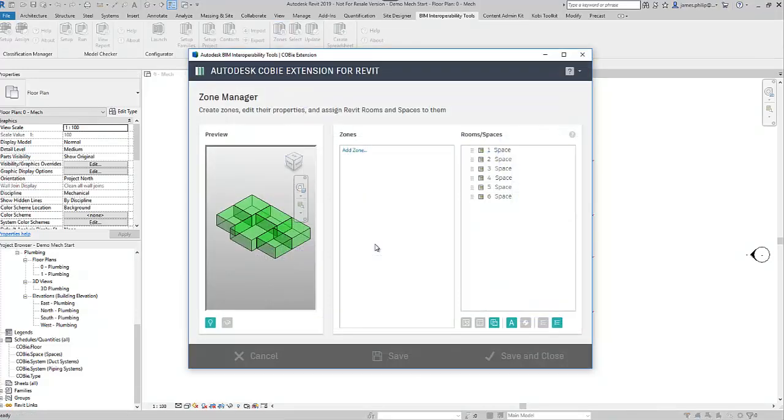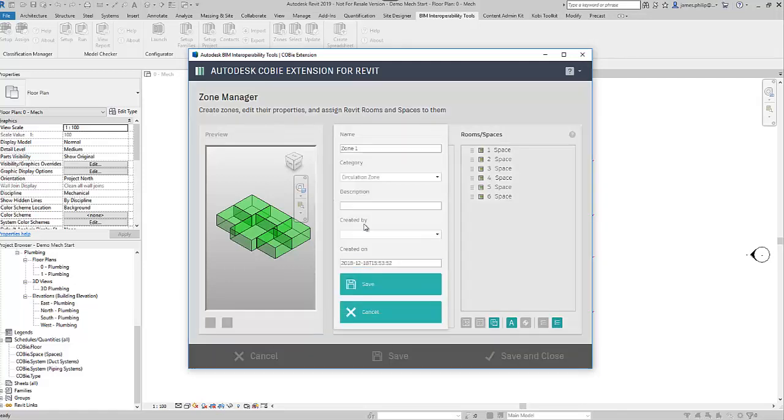If you're working in an MEP environment, a lot of the time you set up zones by putting a number of spaces together, and that's what this area does as well. And what happens is the zones that you set up in the project are not transferred into this environment, so you have to reset them up again. But it's quite straightforward. So we go to Add Zone, brings up the dialog box, we give it a name,